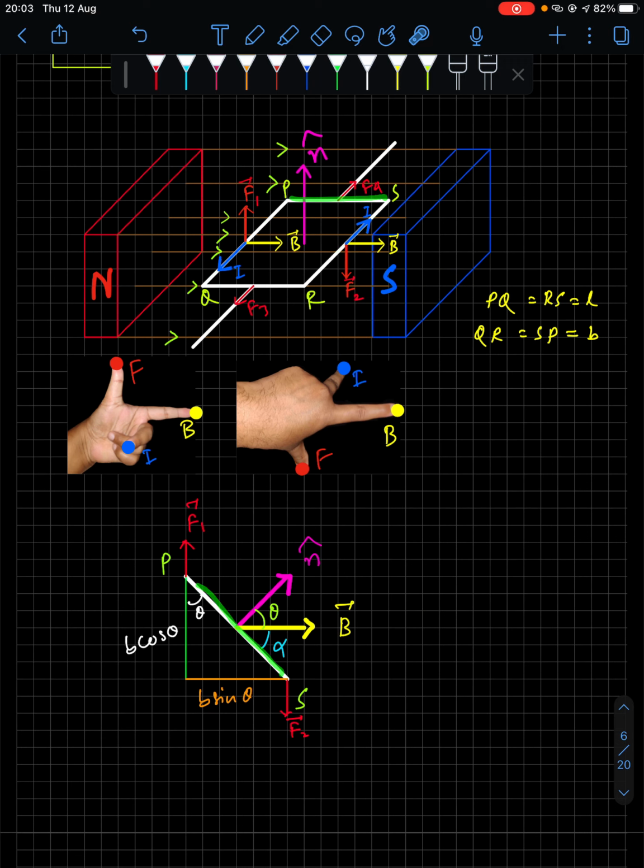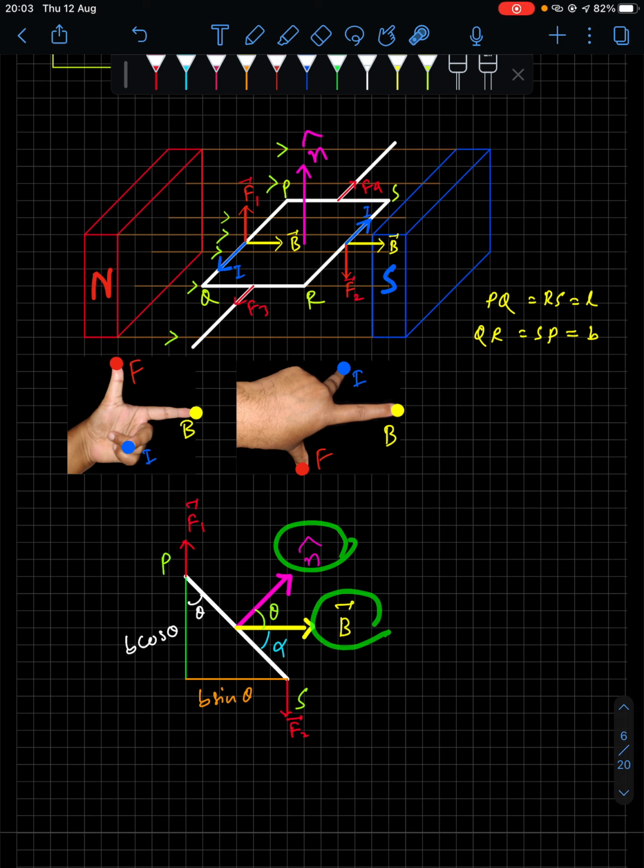So this is that SP side, and this is the magnetic field, so it has twisted by angle theta. N cap, which was previously perpendicular, now the present angle of n cap with B vector is theta. This is the shape that you obtain. Now the coil will twist by a certain angle.